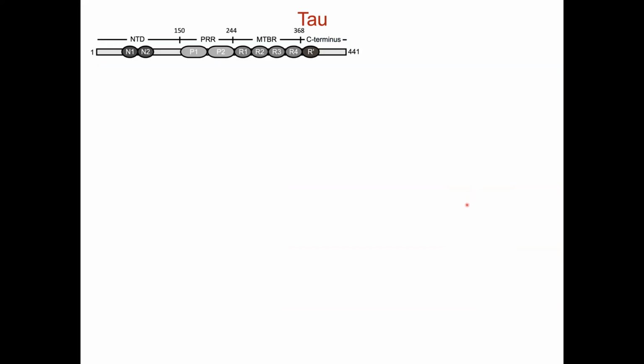Okay, so let's walk through the domains of tau that we know about. Overall it's a pretty big protein for something that's entirely disordered. And I will say there actually is a cryo-EM structure from the Nogales lab that came out a few years ago. The really striking thing about that structure is they were able to identify this central region here,